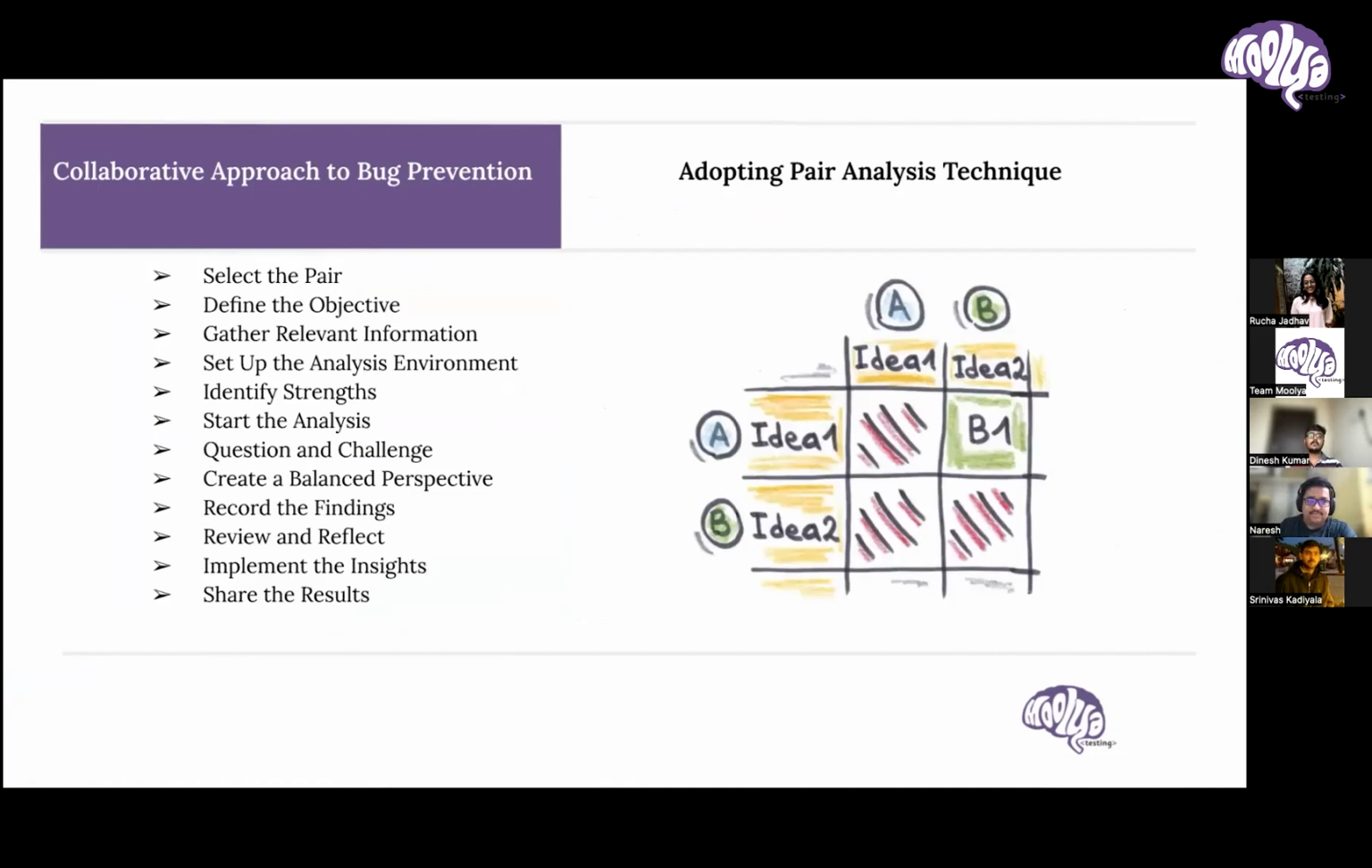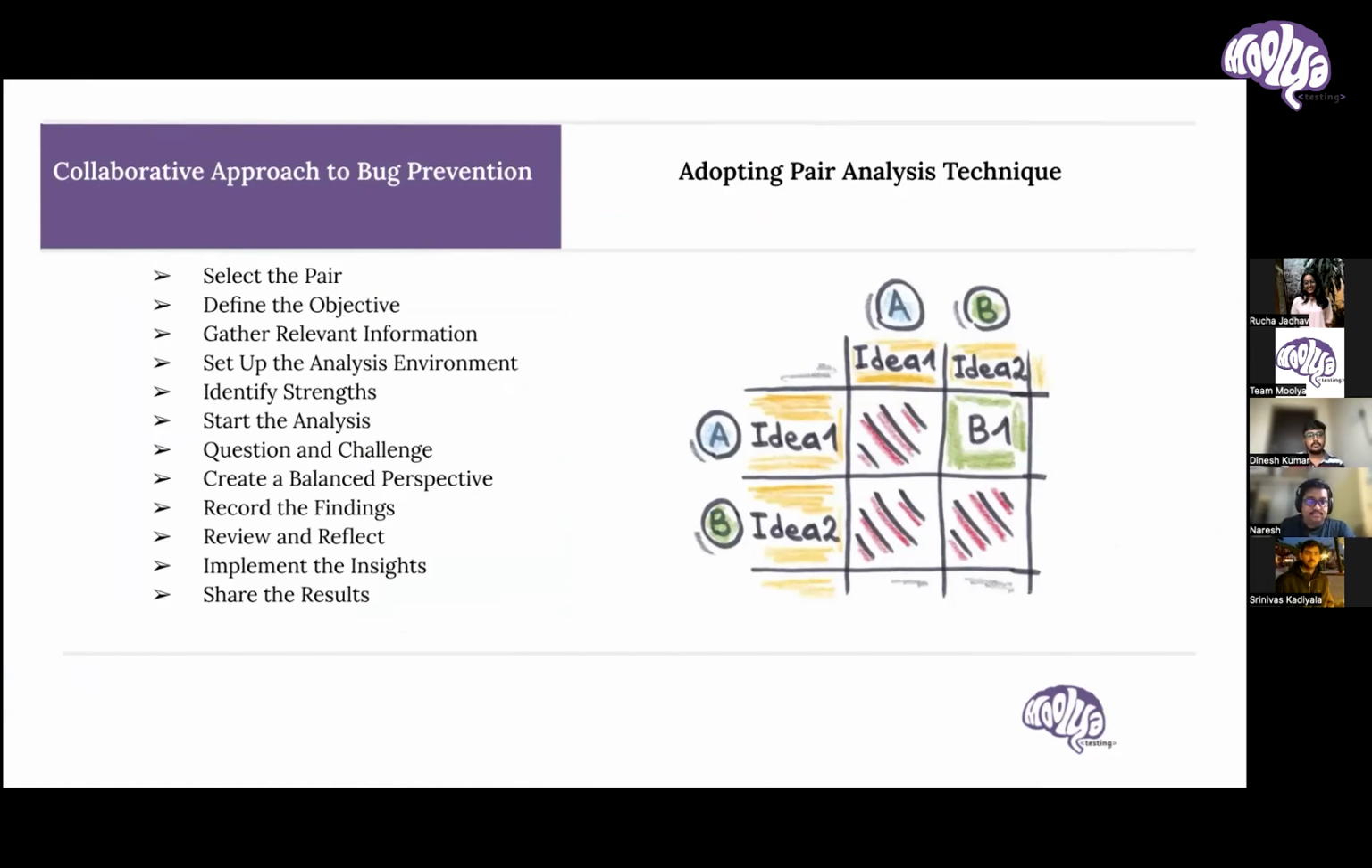Yep. So previously we were discussing collaboration, and now it's about adapting the pair analysis technique. So why do we want pair analysis? It's a collaborative technique that involves two or more individuals working together to analyze and review a particular subject matter, right? This method can be used in various contexts, such as problem solving, decision making, evaluating options, or analyzing data,